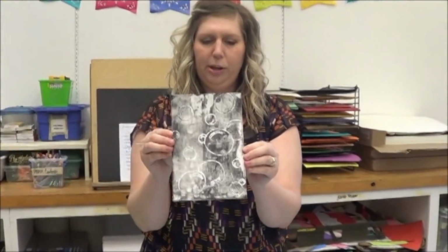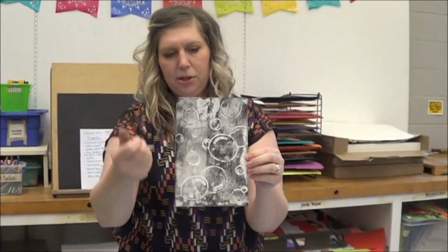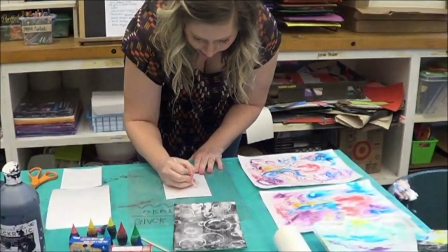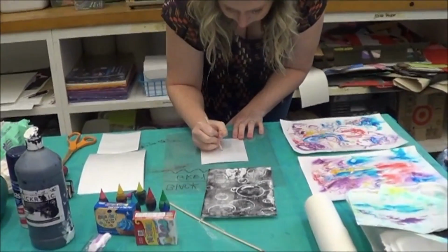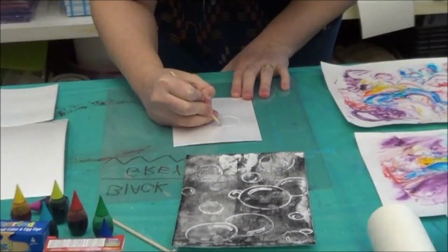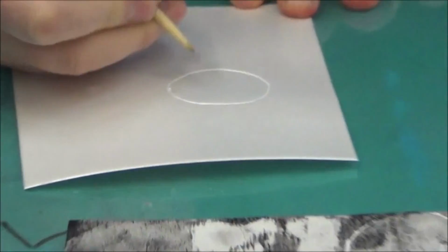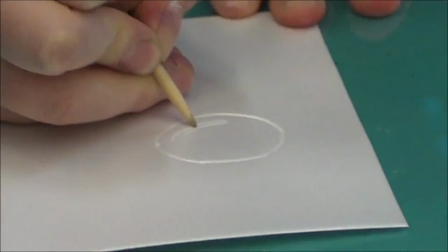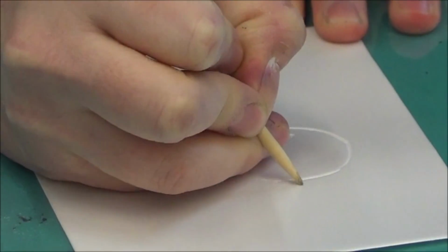Now bubbles are really cool because you get the illusion of a bubble, but it's really easy to draw, and I'm going to show you how to do that. So, of course, I'm drawing on something a little bit smaller, but bubbles are nothing more than drawing a circle and then drawing a highlight, because when we see those bubbles out, when we blow a bubble outside,